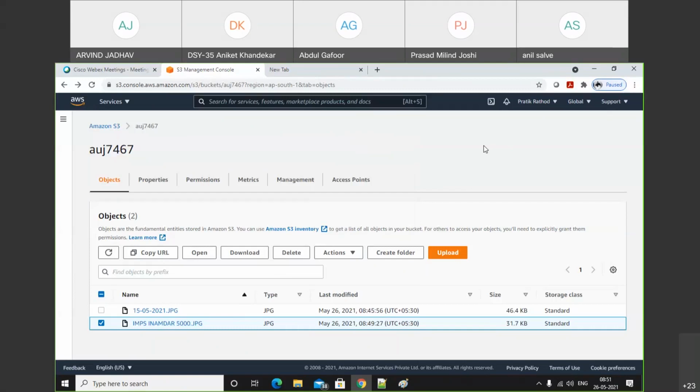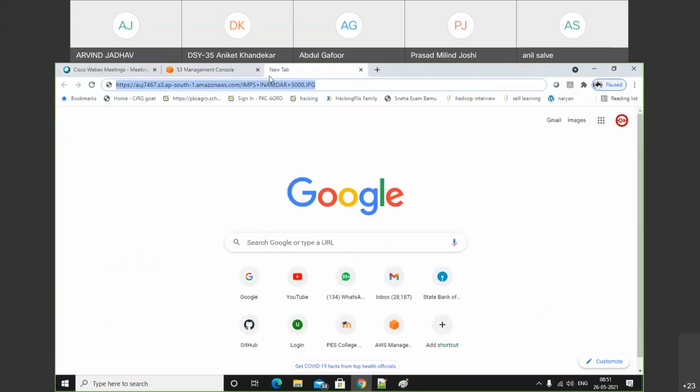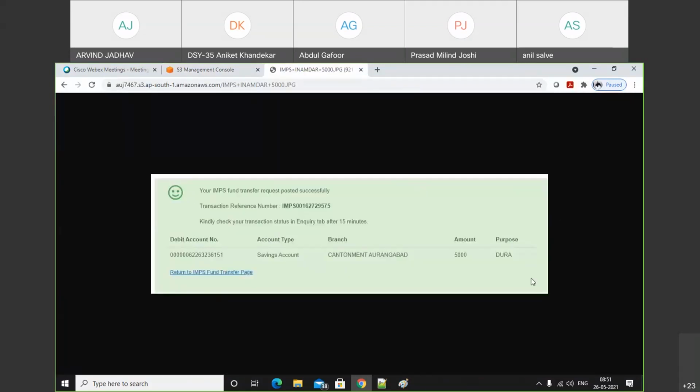Okay. So ये पब्लिक की सेटिंग्स कोई यूज नहीं करता है, but see, we all know that S3 is a storage service, so we can store n number of data. So उसके लिए limitation नहीं है. And if you want to share the stored data, then we can share by using this technique, the copy URL technique. So first of all, we need to make it public, and after that, we can share that copy URL. Right now, I did the copy option, and just check out, this file is accessible.